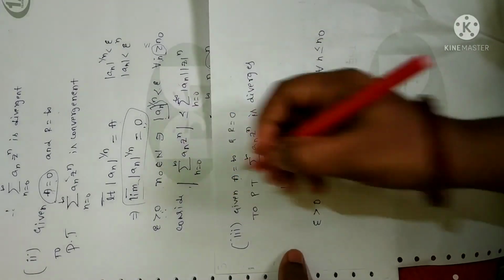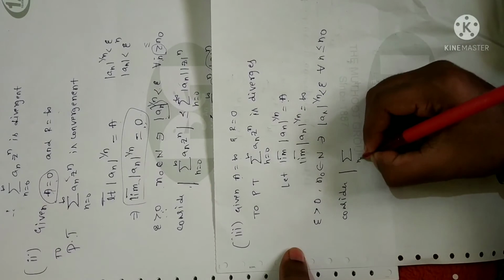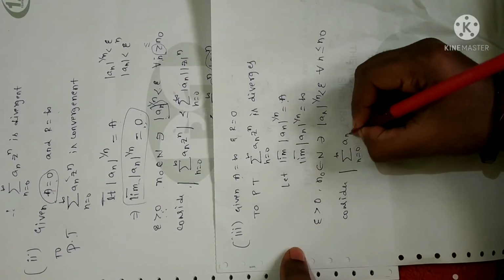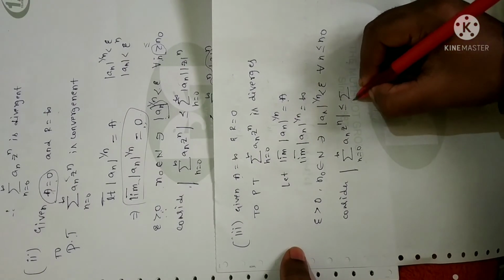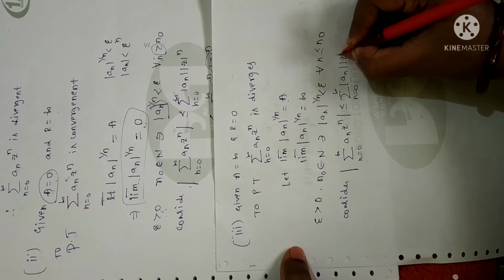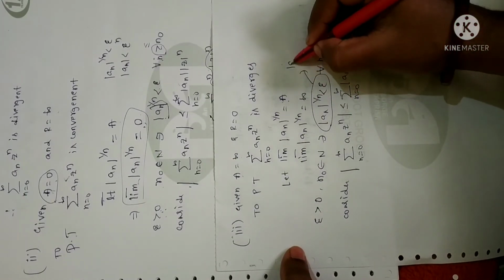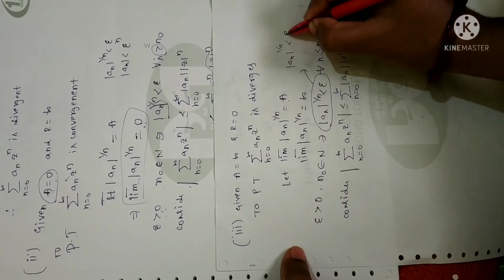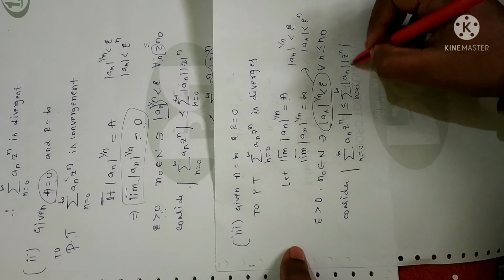Now let me consider the same value. Let us consider the magnitude of summation n is equal to 0 to infinity a_n z power of n. Now let me split this so that you will get summation n is equal to 0 to infinity magnitude of a_n times magnitude of z^n. Right? Now from this I have to replace: if magnitude of a_n whole power of 1 by n is less than epsilon, I can write magnitude of a_n as epsilon power of n. So I can replace this value as,